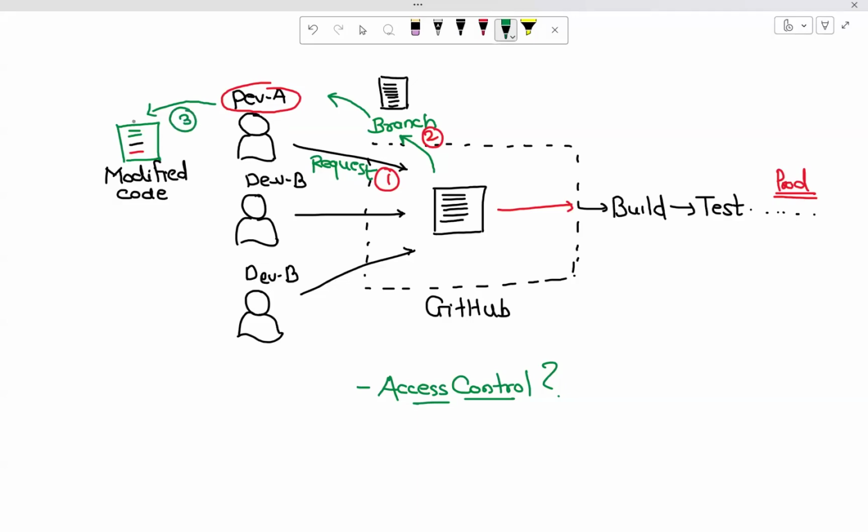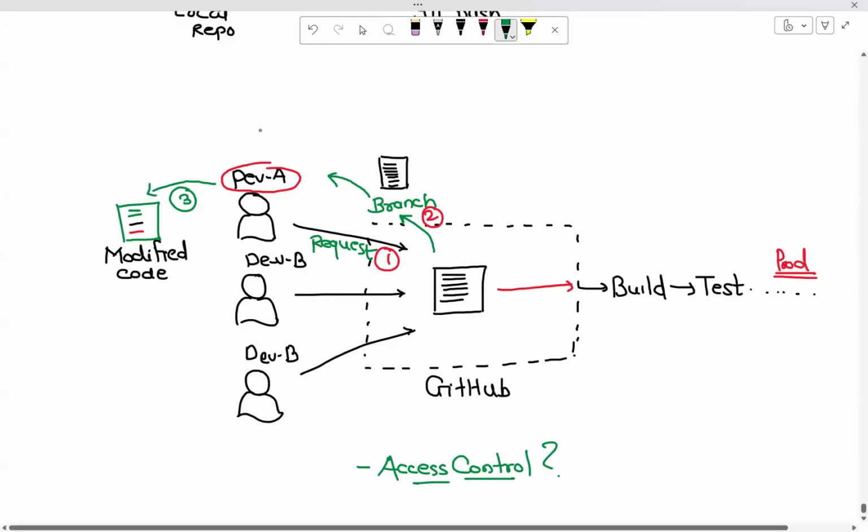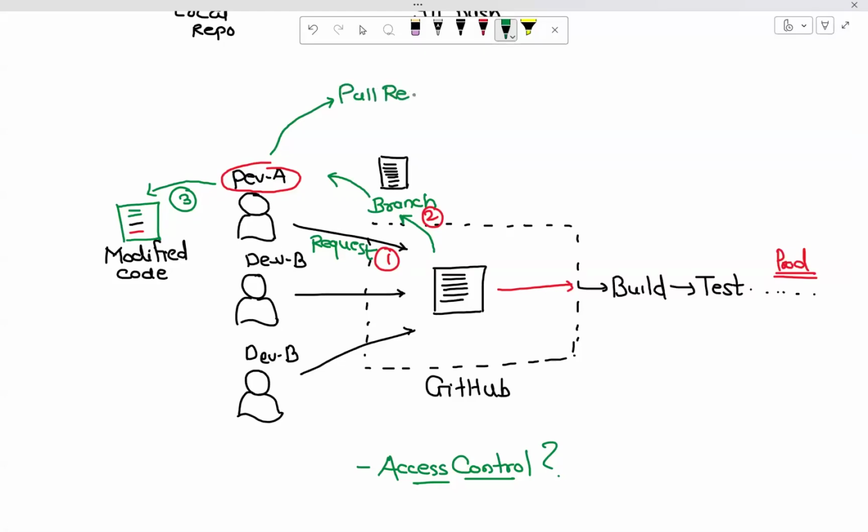Now, after the modification, shall I allow it to be merged into production? No. Again, there's a small thing that you should do thereafter too. So after this is done, the same developer, you see the flow. First, it will request the code, but it will be given a branch of its own. In that branch, the developer will perform the modifications on the code, and then the developer does something really interesting. The developer creates what we refer to as the pull request, a pull request with this particular code.